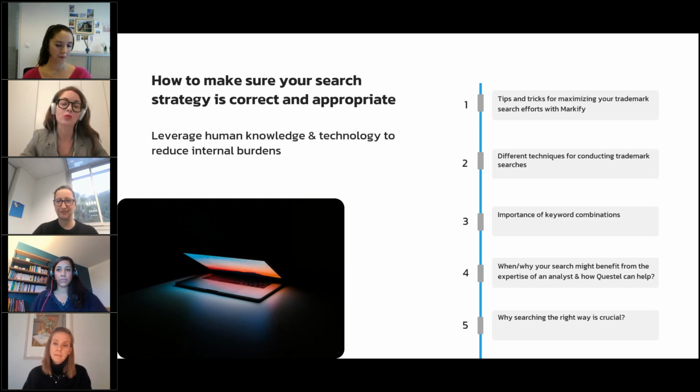And then when and why your search might benefit from the expertise of an analyst and how Questel can help. And then the last part, why searching the right way is crucial. And of course, we know that our audience is really differentiated because we have IP professionals coming both from corporates and from law firms. So we will try to cover both scenarios in our presentation.